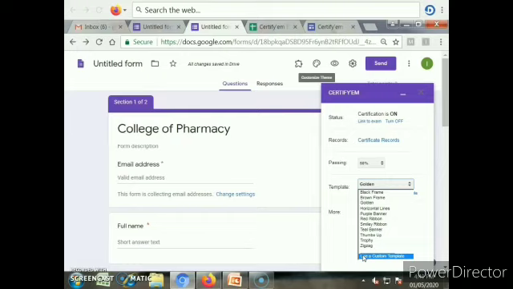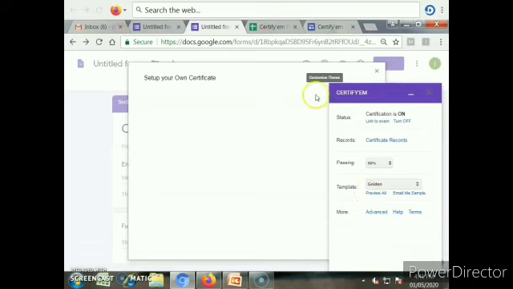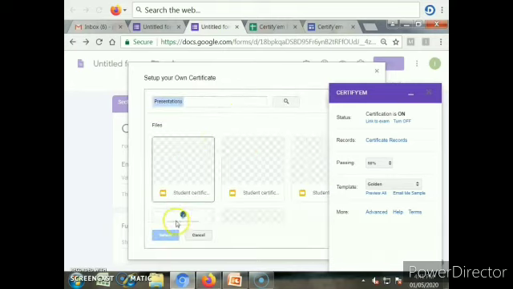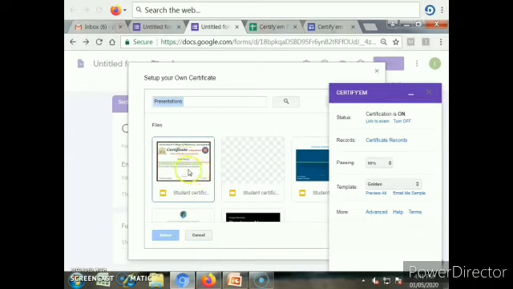Ultimately it will open in this. Now we will use our own template, so click on use template. In this way we'll open our template. Select the new file. Our own template, which we have prepared, we'll select that.